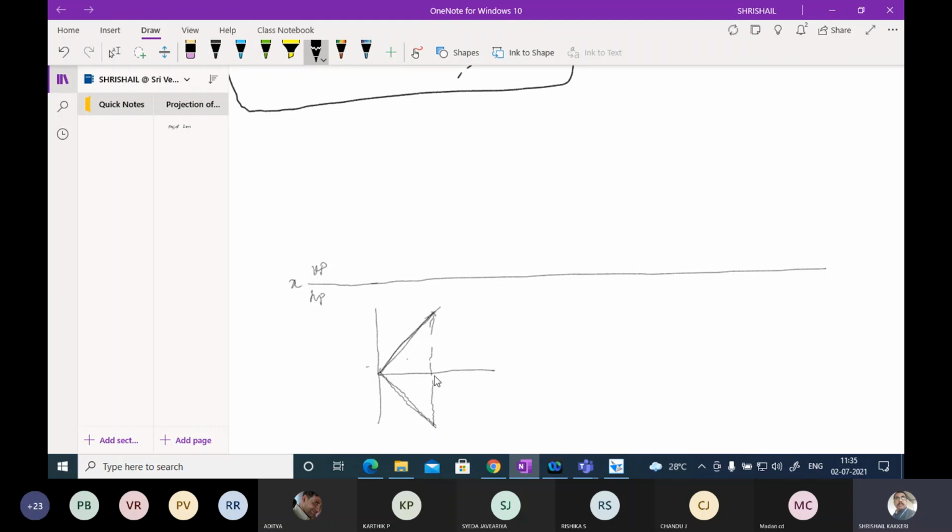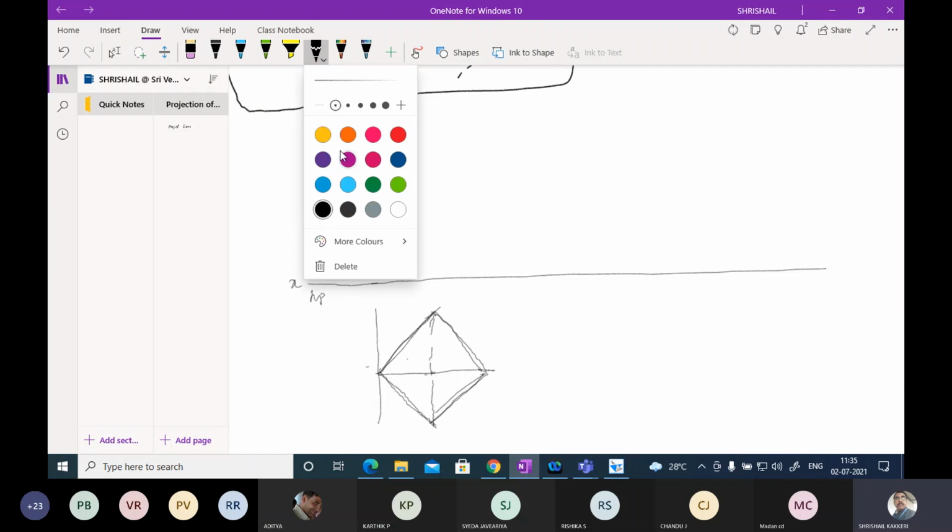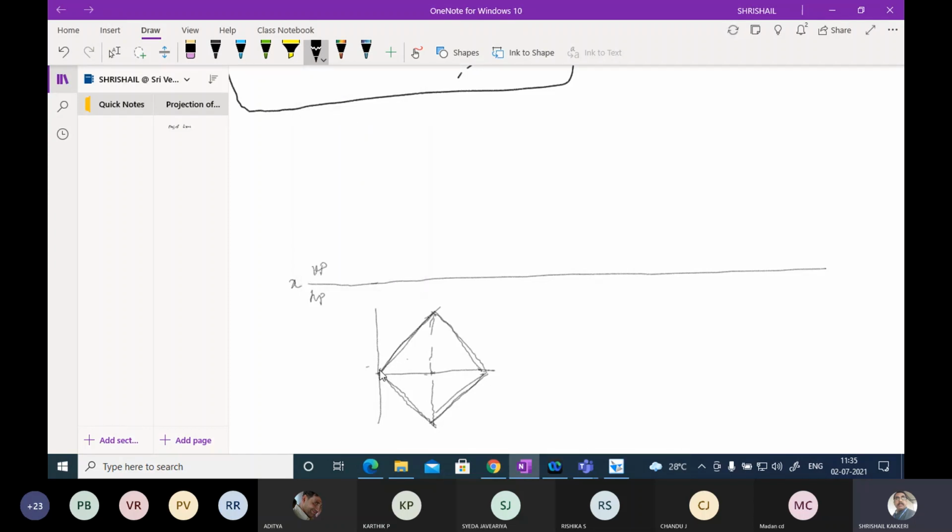I am going to draw here; the other half I am going to write. What I am doing is measure this length, mark over here, and join this. This is how I have constructed the square when this particular corner is resting. Now I am going to make it a thick line. Let me take a thicker line.